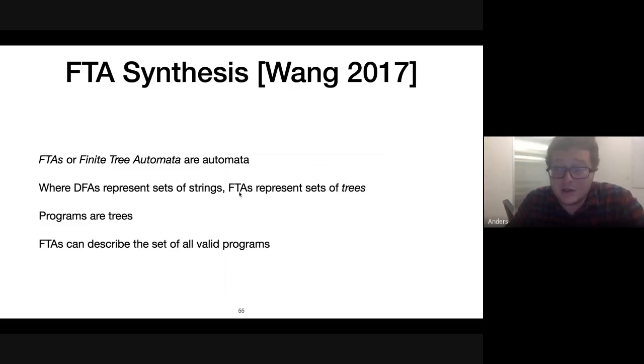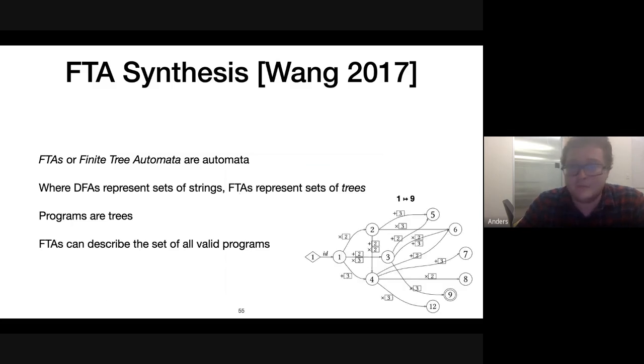Essentially you want to build this automata such that everything accepted by the automata satisfies the spec, or in our case, angelically satisfies the spec. So here's one of these FTAs, for example, for the input-output example 1 goes to 9.